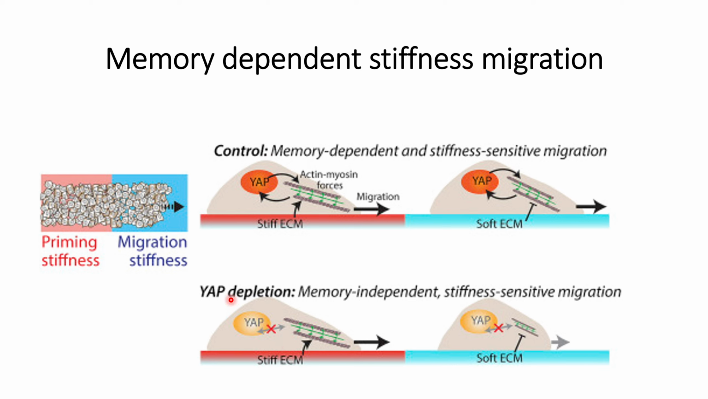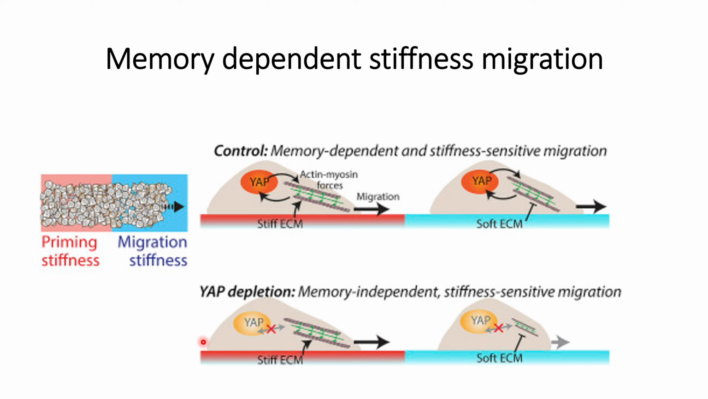when they are moved after priming to the migration stiffness in the soft extracellular matrix, they did not see actin myosin forces, because the two factors that contribute to the actin myosin forces, YAP and the stiff extracellular matrix, have both been inhibited. That is, YAP has been inhibited through YAP depletion, and the extracellular matrix effect is inhibited by shifting from stiff extracellular matrix to soft extracellular matrix. So,